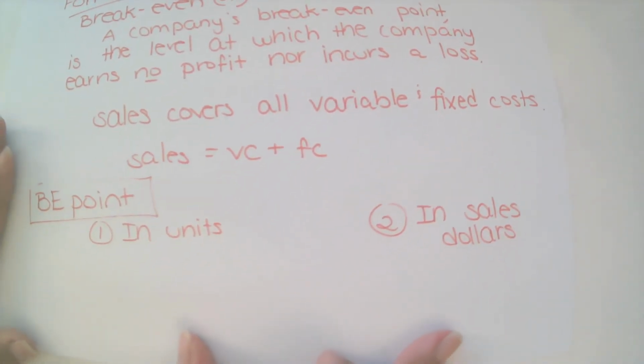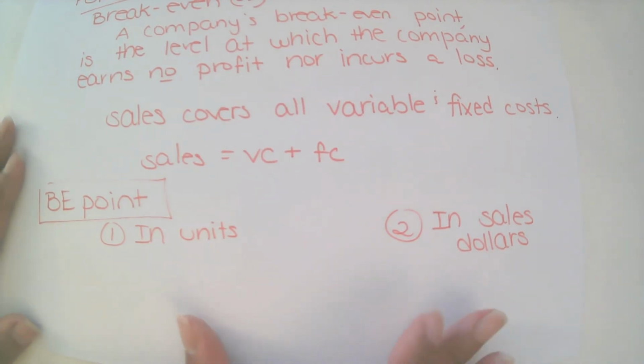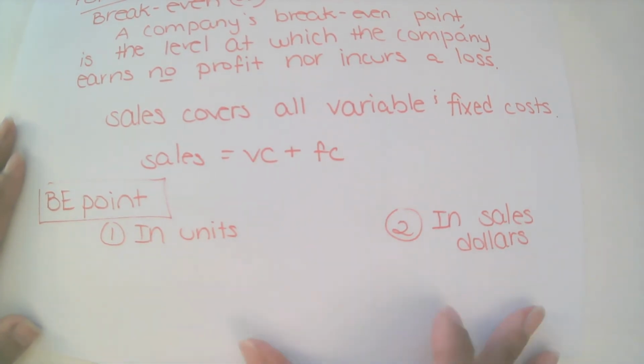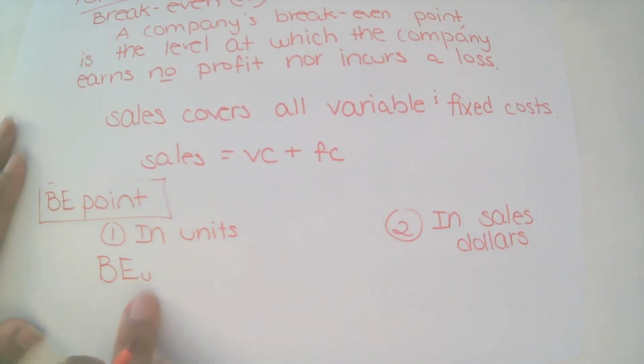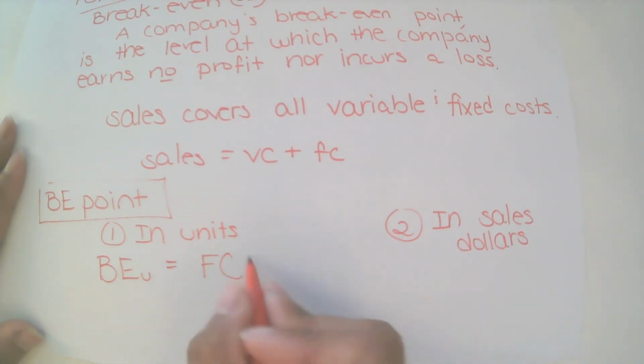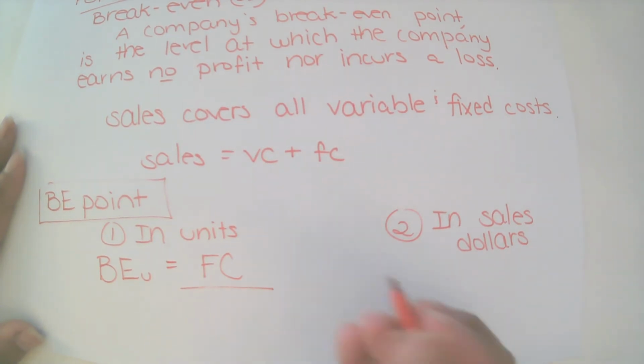Okay, so let me give you the formula for each one of those. These are critical formulas. Memorize them because we're going to then see these formulas later on. So it's best to already have that in your pocket, right? Already know it. So break-even point in units. Anytime we have that lowercase u, it means the calculation is in units. Okay, so you're going to take fixed cost. There's no u here, so it means total fixed cost. And you're going to divide it by